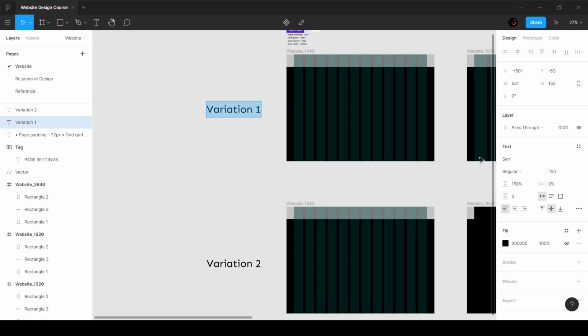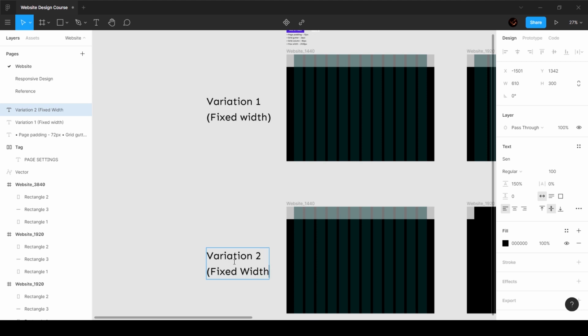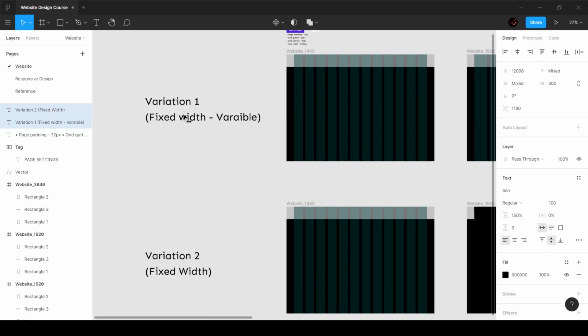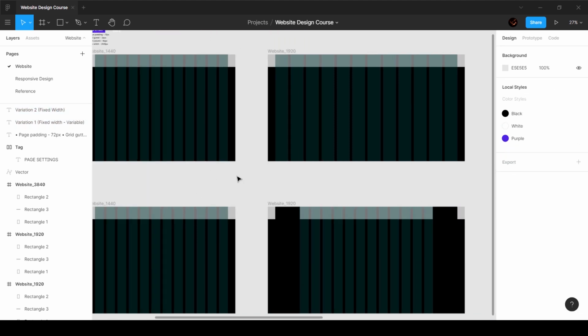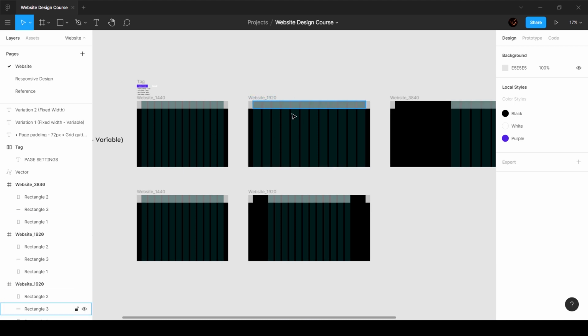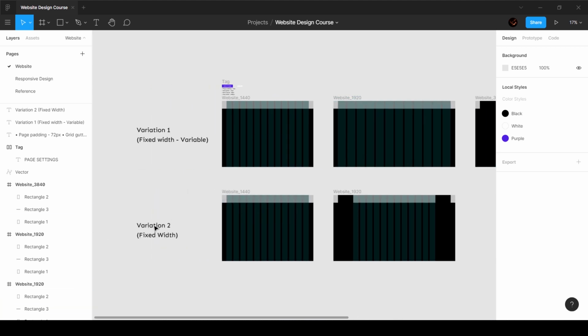And the difference is that this is going to be fixed width variable, and this is just going to be fixed width. So as you can see, here the fixed width varies for the 1920 display and it stops, but over here it's just a fixed width, it does not change, right?